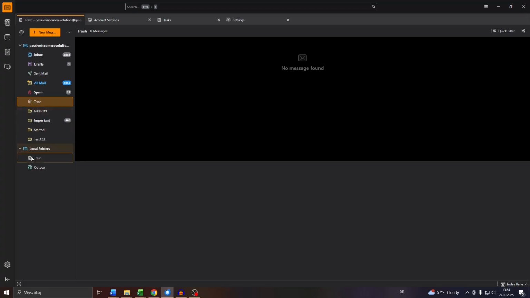The other option, guys, would be to simply move emails from your email inbox to the local folder, trash folder. However, guys, these are distinct. So if you move an email into your email addresses trash folder, it won't automatically be moved also to the